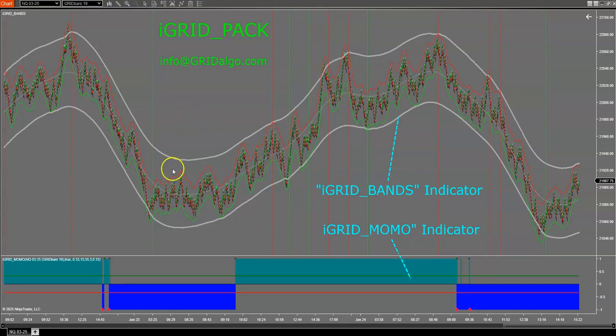So if I get a long setup, but I'm in downside momentum, then I might be more apprehensive about taking the trade, maybe unless price just came down to and tested some key level. Then even though I have downside momentum, if I get a signal, then that would be something that, oh, yeah,